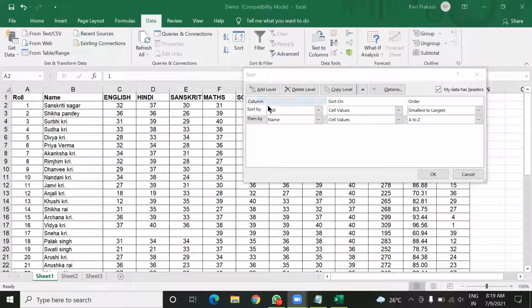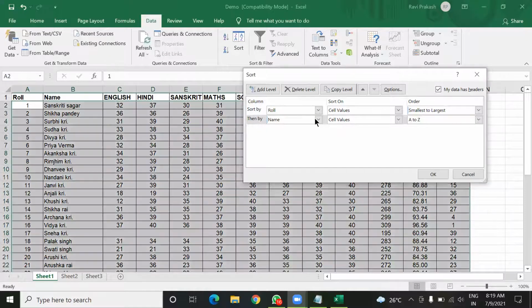Here you can add another level also, and choose another column as per your requirement, and again the order of sorting.